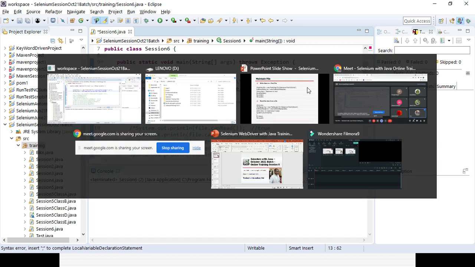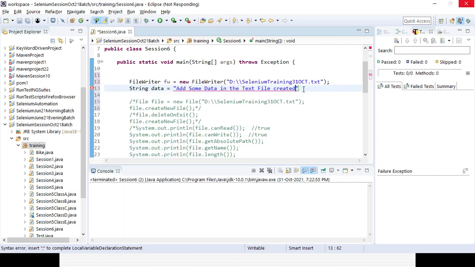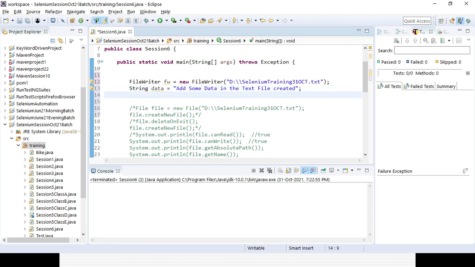Then I need to call another one. I already called FileWriter, and now I need to call BufferedWriter. So I will create a variable called bw, BufferedWriter, equal to new BufferedWriter, and you need to give the reference to the FileWriter object.